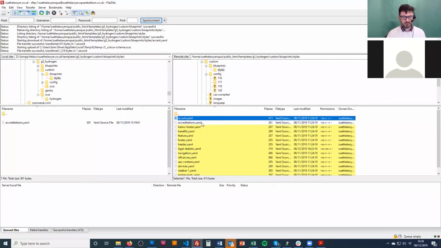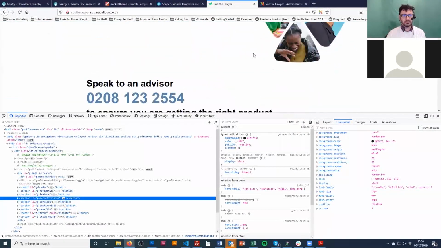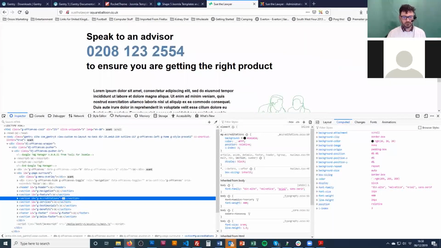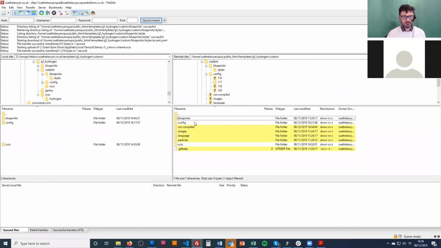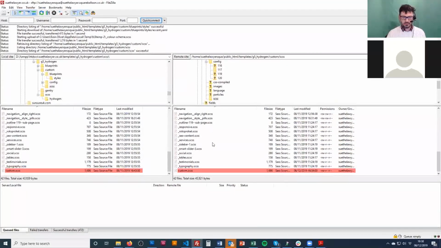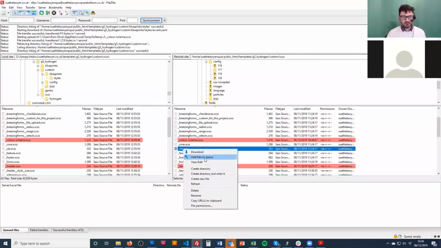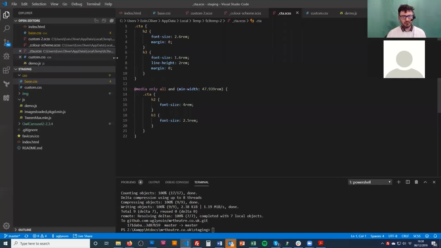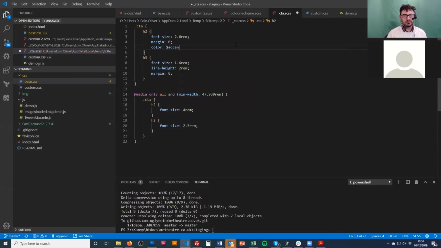So if we go into, let's have a look at something that we want to change the color of. So this is the CTA module. If I go back to my CSS, and then I find my, I called it mod CTA, or what have I called it? Oh, it's here, CTA. So if I do that, and then I want my H2, I might change the color here to be accent color 1. So if I change that now,